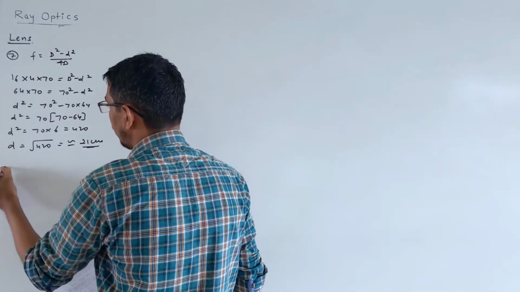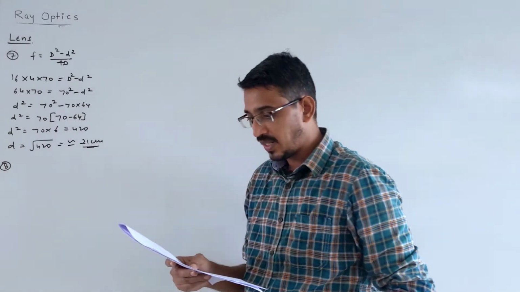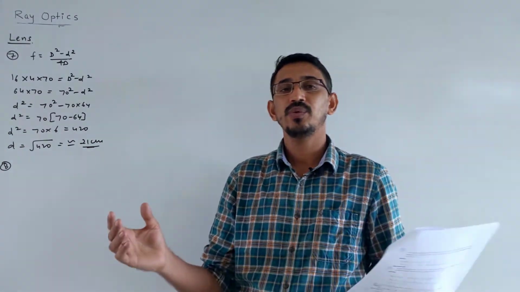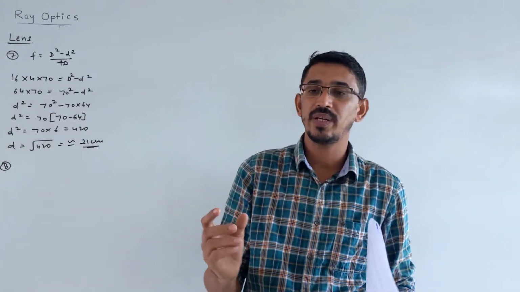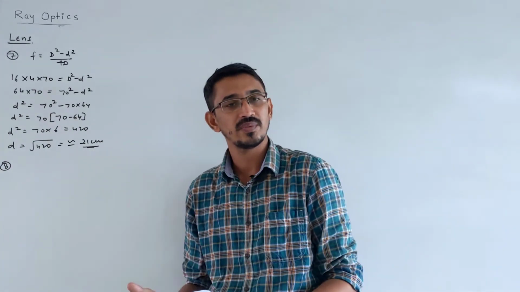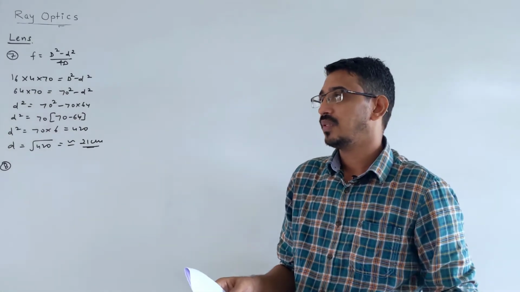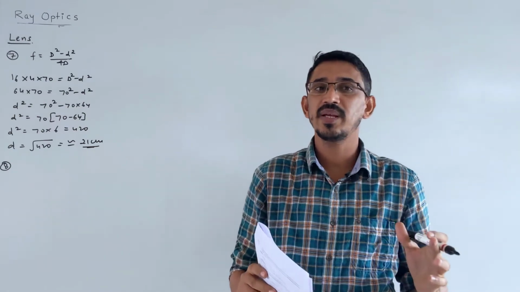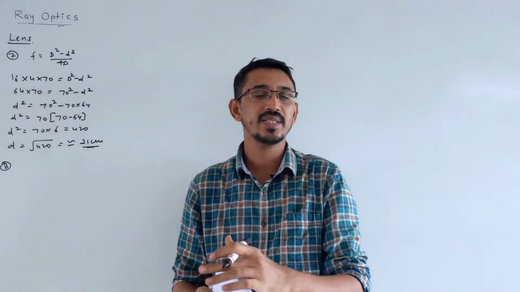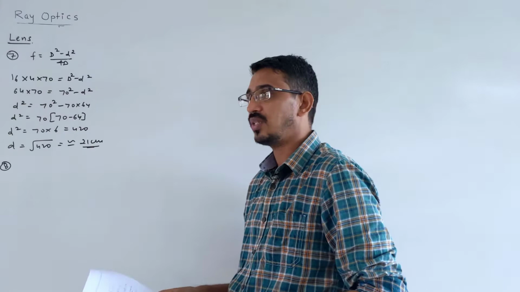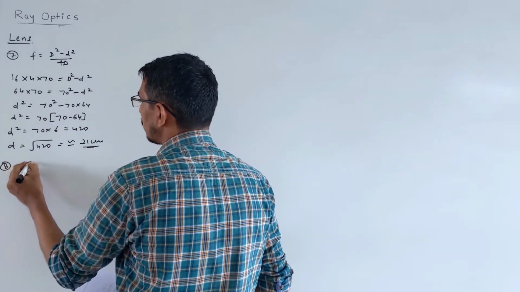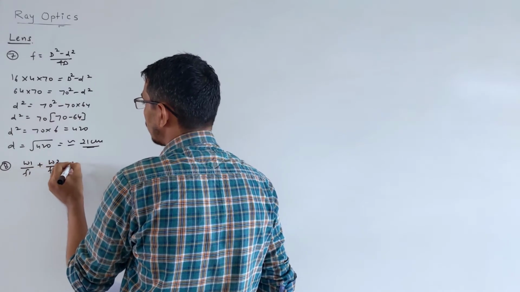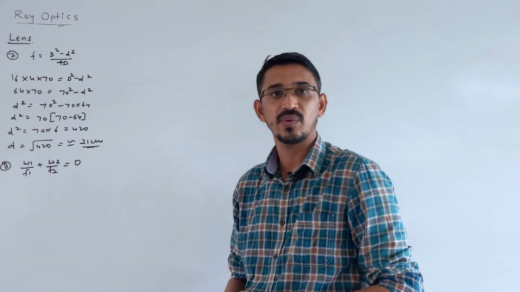Okay, question number 8 we are doing. Question number 8 is based upon the achromatic condition, achromatism. You need two lenses of different type combined together, one convex and one concave. If the lens doesn't split the light into its colors and makes a single image, then it's called achromatism. So we wrote the condition of achromatism: hope you remember, dispersive power of the first lens by its focal length plus dispersive power of the second lens by its focal length should be equal to 0. This formula we wrote, right?